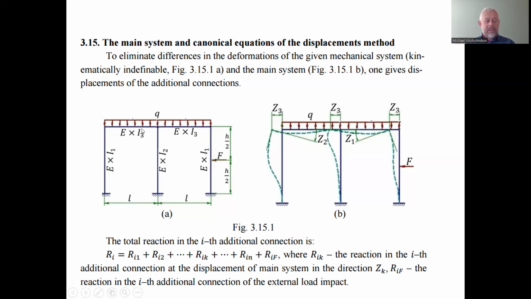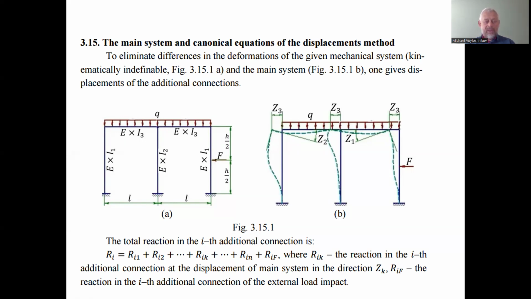One beam has a transverse section of the same material. The modulus of elasticity E is the same, but other sections could be I3 or the same. The horizontal beams are the same in the rigidity characteristics of the transverse section. And for this 3 times statically indefinable mechanical system, we will not go into a very complex explanation of why it is 3 times. It is not so complex, so everybody can do that, considering the system for each degree of the